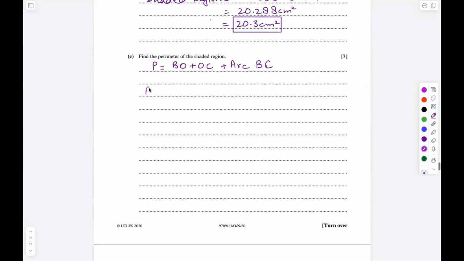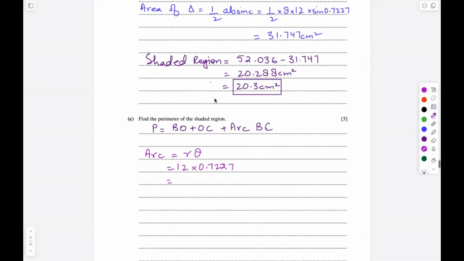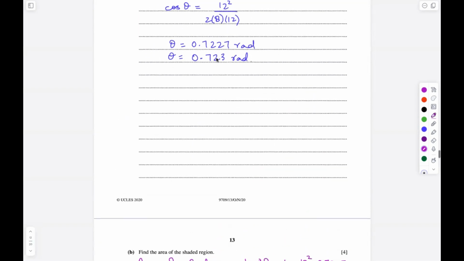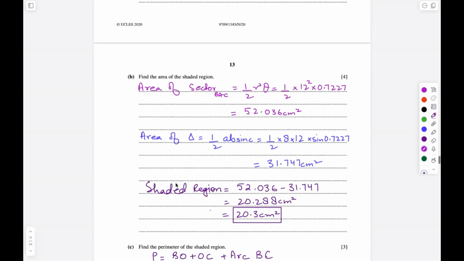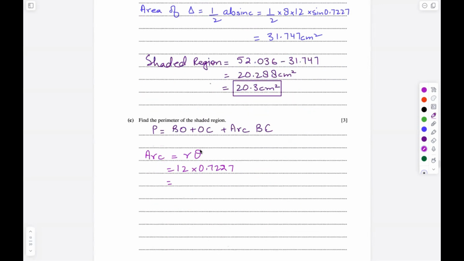So the arc length is given by the formula s is equal to r theta. We know that the radius is 12 and the angle is 0.7227. And just a reminder, we'll always use the complete values and only round off in the final answer. So if we have 0.723 as a final answer for the angle, we'll still use the original value for the calculations and then round off later on. So now multiplying 12 multiplied by 0.7227, that will be equal to 8.6724